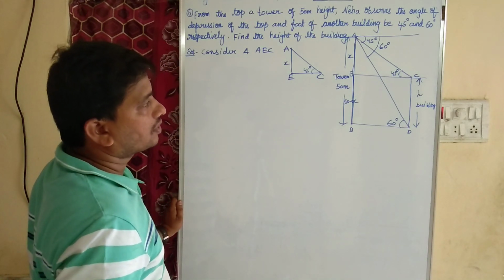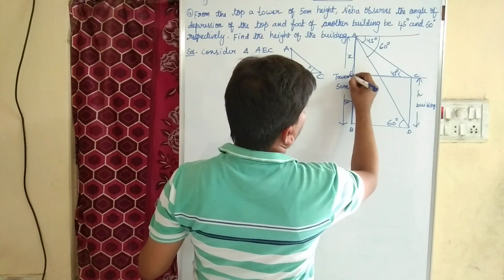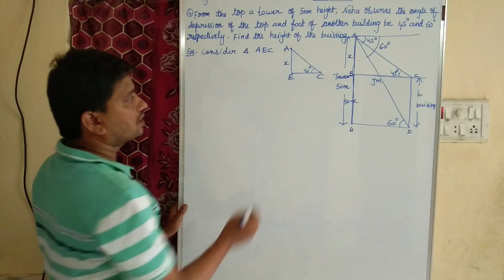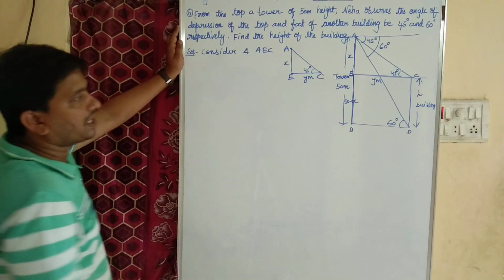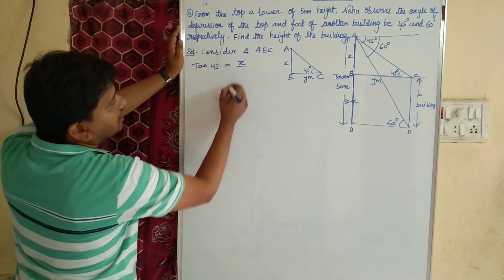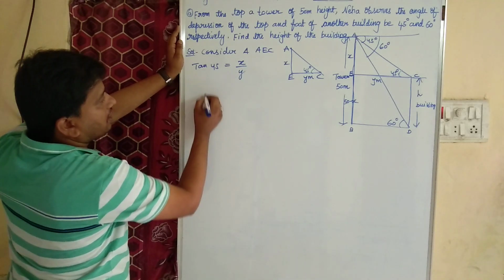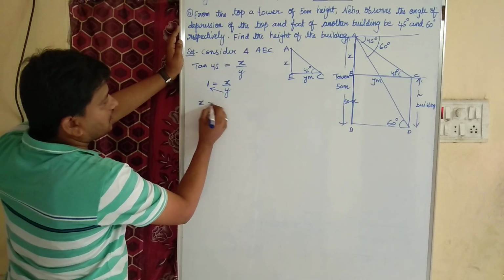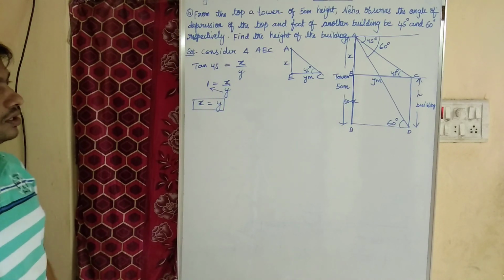So, AE is x. Then what about BD? This is our EC. We don't know, let it be some y meters. Okay, children? So let us apply the tan ratio. Tan 45 equals opposite, which is x meters, over adjacent, which is y meters. So tan 45 equals 1. 1 equals x by y. Cross multiplication: x is equal to how much? We got y. Right?